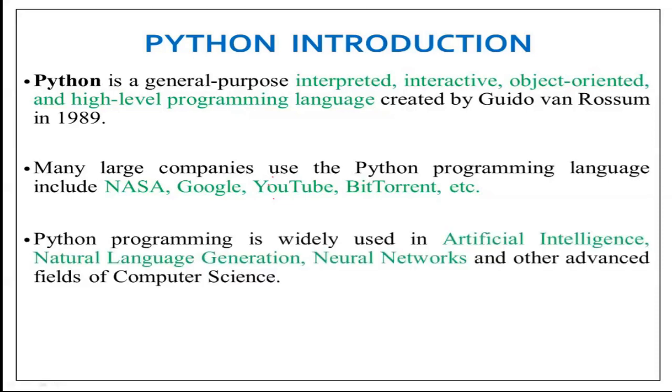And where do we see Python in current technologies? In AI, artificial intelligence. We use natural language processing; text to voice and video all come under natural language processing. And then neural networks. For the deep learning concept, we will be using the neural network concept. So there we are using Python programming.